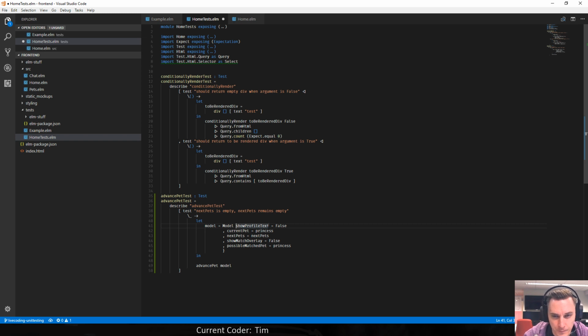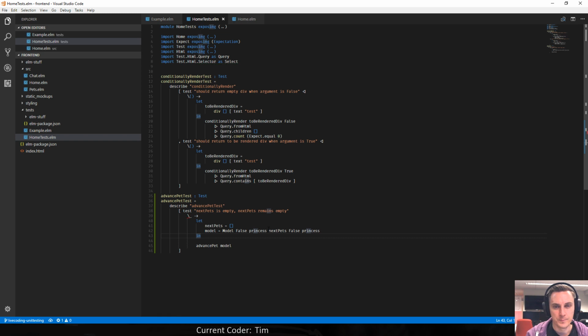So false current pet is princess, I guess. Next pets, and this is the interesting one, it's an empty array. Next pets, then there's false, and then there's princess once again as a possible next matched pet.